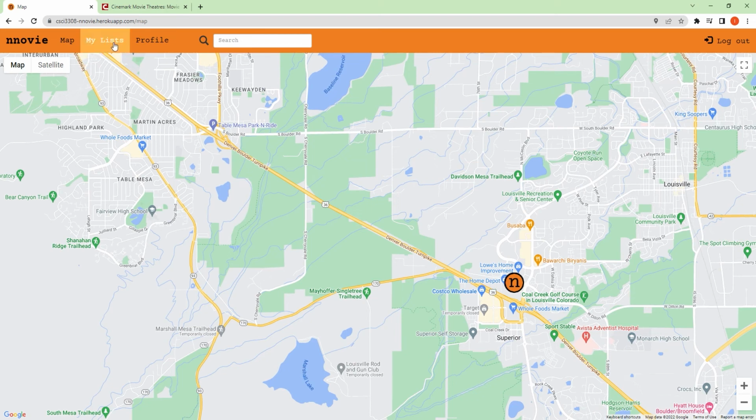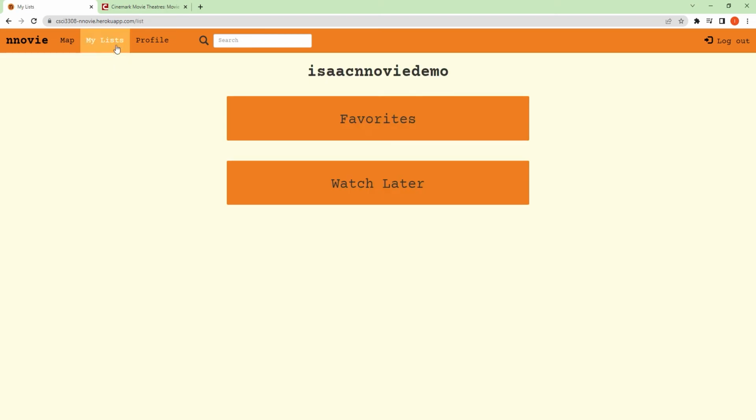Another feature of ours is called the lists page. So if you click on my lists up here, you can see again, it'll show my username, but it'll also show two lists, which right now are empty, which are my favorites list and my watch later list. To add things to this list, I need to search for movies. So for example, 2001 A Space Odyssey is one of my favorite movies. So if I just search 2001 in the search bar up here and click the search button,